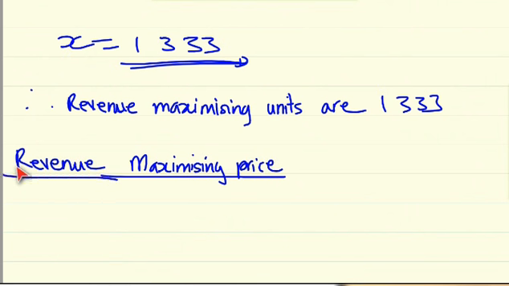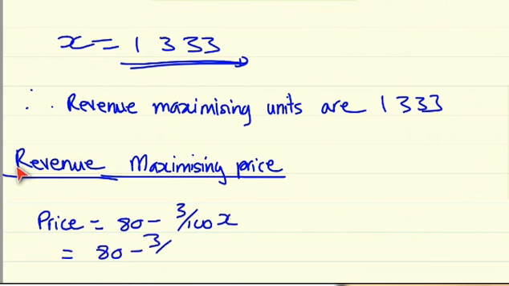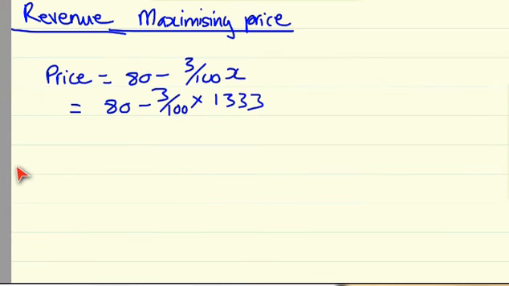I'm just going to use the price function, which is price is equal to 80 minus 3 over 100 x. I now know x, so I'm just going to substitute it into 80 minus 3 over 100 times 1333. So this will give me a price of